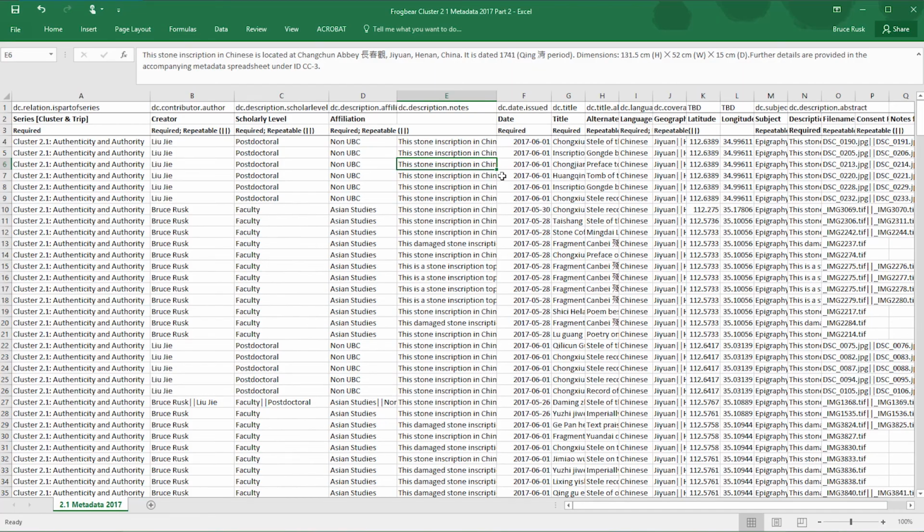Other ways to record on-the-fly metadata include photographing a close-up of a notebook page, or taking a picture of a site map with a pen pointing to the current location. Okay, you've done it. You've taken a great set of photos or videos and detailed notes. What happens next? The next step is to create the metadata that will accompany your material in the online collection. To do this, you'll fill in a spreadsheet based on the template provided by FROGBEAR. It's important to keep the structure of this file intact because the UBC library, which is hosting the collection, needs it to be in this format.